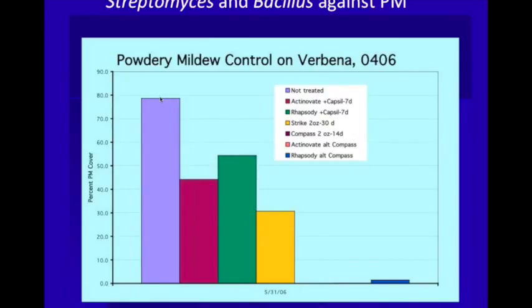Here you have untreated plants with a large amount, almost 80% coverage with mildew, some depression of that disease by an Actinovate treatment, some depression of that disease with a Rhapsody, which would be like a Cease treatment today, and then extremely good results if you're alternating the products that are biocontrols with things like Cease or Actinovate. And that's, I think, one of the most useful approaches to biocontrol for beginners is to alternate between chemical and